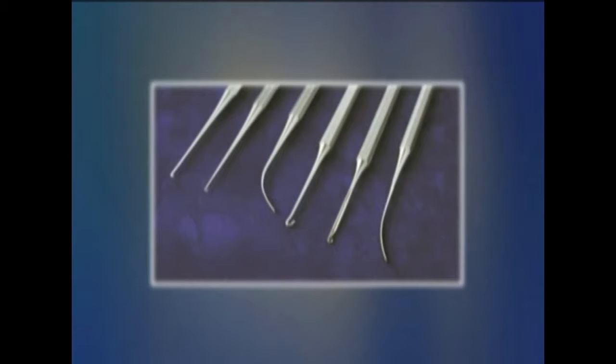Physicians may recommend other treatments, including phlebectomy, sclerotherapy, or surface laser treatments to address visible spider and varicose veins. Phlebectomy is often used to treat medium to large-size varicose veins. Using specialized instruments that resemble crochet hooks, your physician will make a series of tiny incisions and remove noticeable diseased